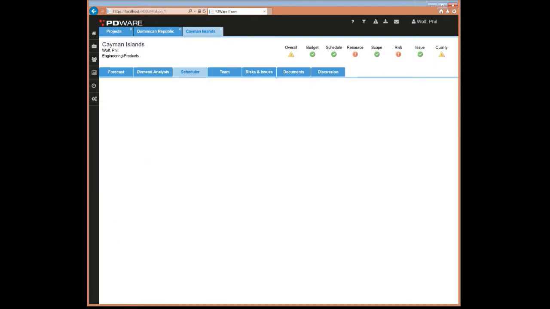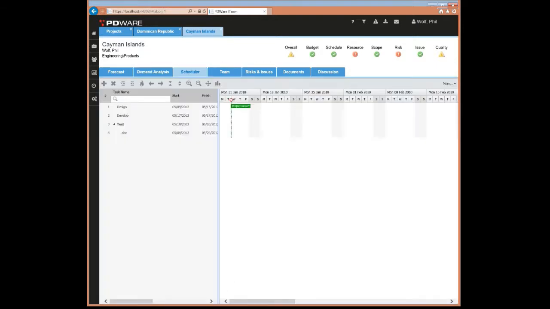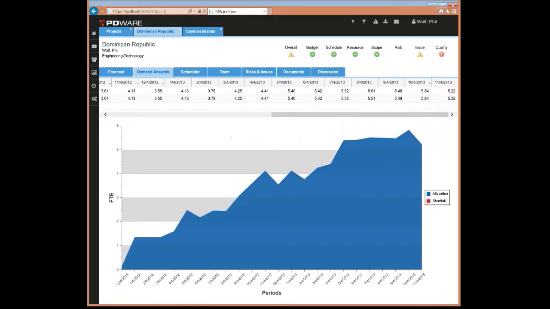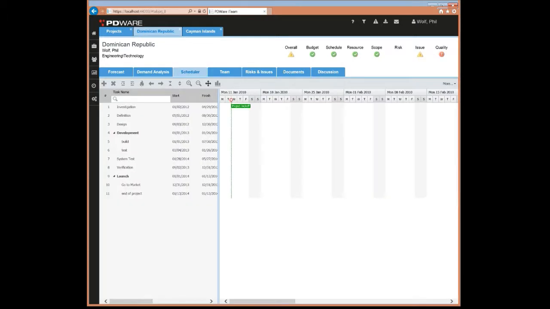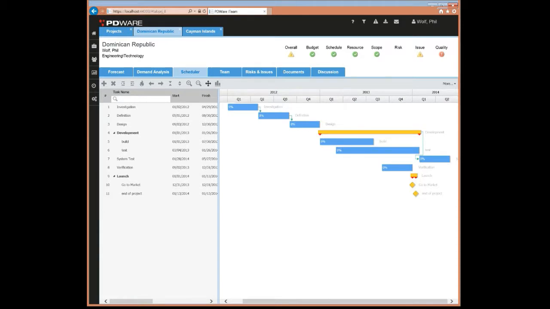The next thing is the scheduler. I'm going to go to a project that has a little bit more tasks in it. If you have seen the scheduler from the previous version, or the current version that we have in production, we've expanded on it a lot. We've added a huge amount of functionality on top of what it had. One thing to remember: we still think that in order to create big project schedules, you're probably better off